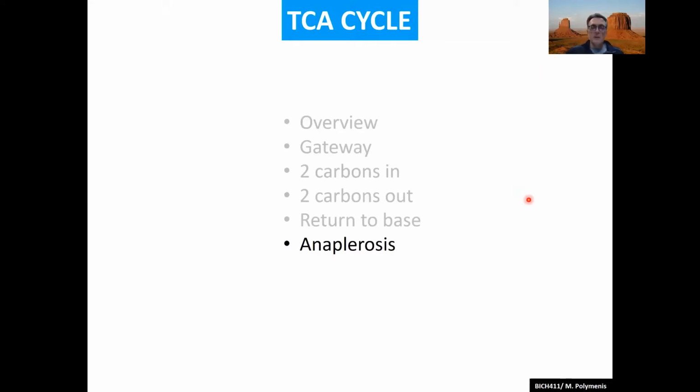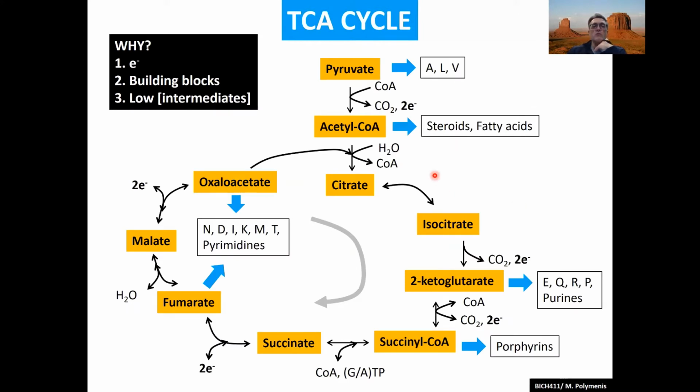Hi everyone. In this video about the TCA cycle, we're going to discuss anaplerosis, which means the making up of things that were intermediates in the TCA cycle that are limiting and low. So we have discussed the main point of the TCA cycle, which is to generate electrons in the form of NADH, a little bit here with FADH,